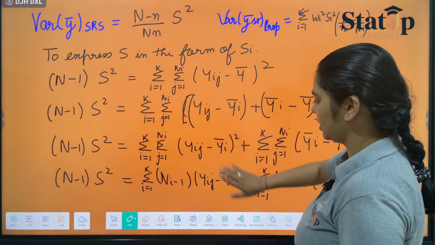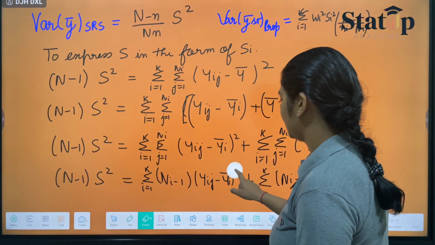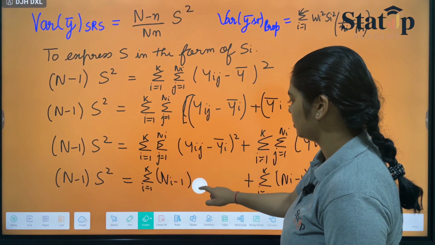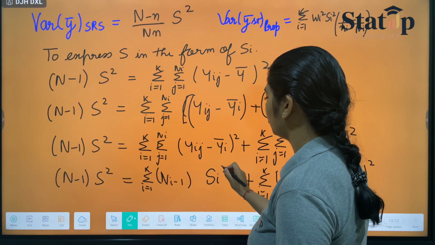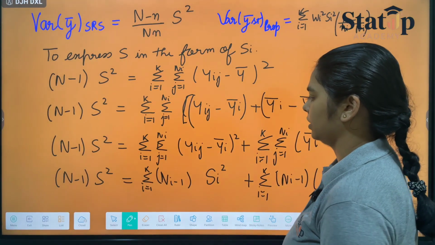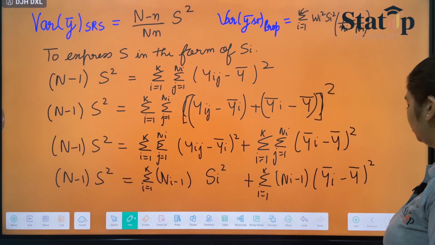This yij minus y bar I can be written as si square. That's why we have opened this jth bracket. This can be written as si square. Now moving further,